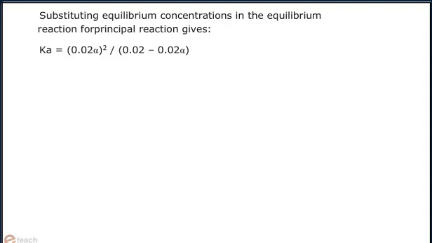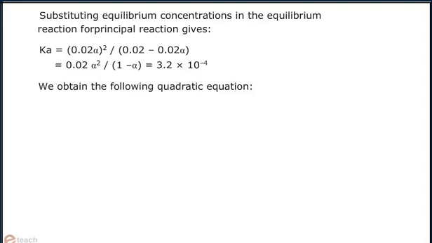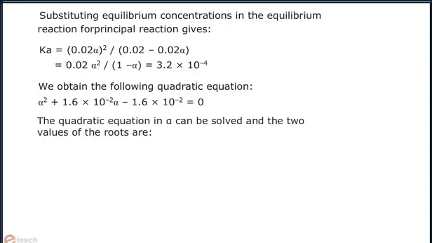upon 0.02 minus 0.02 alpha, which on simplifying we get 0.02 alpha squared upon 1 minus alpha, which is equal to 3.2 times 10 to the power minus 4. We obtain the following quadratic equation: alpha squared plus 1.6 times 10 to the power minus 2 alpha minus 1.6 times 10 to the power minus 2 equals 0. The quadratic equation in alpha can be solved and the two values of the roots are